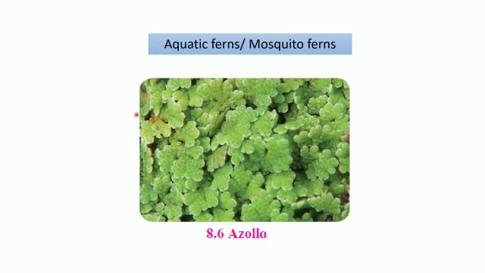So this is a picture of Azolla. It is also called aquatic fern or mosquito fern, and it is similar in looks to moss. So they are similar to mosses, and it is used as a biofertilizer, particularly for paddy, that is rice, and it has this property of nitrogen fixation. And Azolla is also finding increasing use in the production of livestock feed.